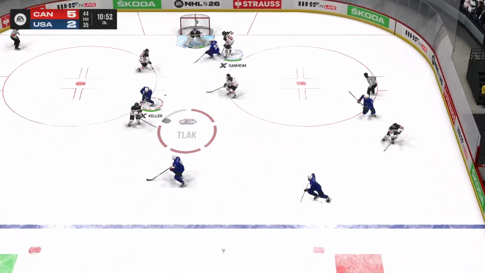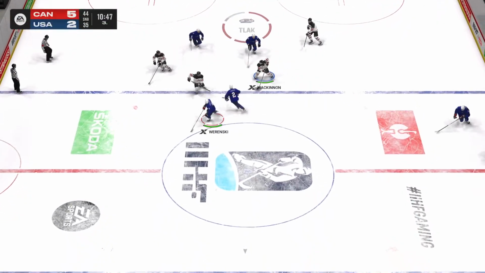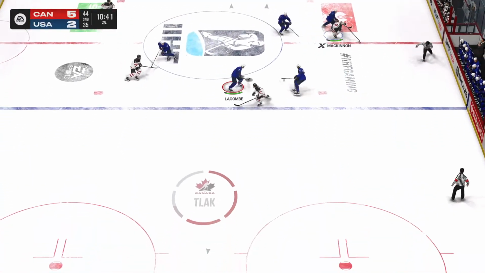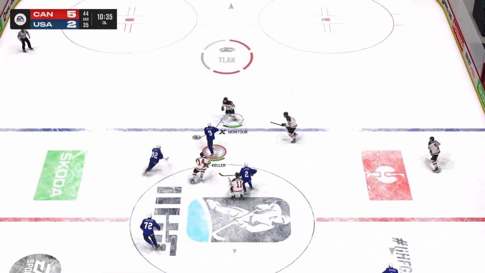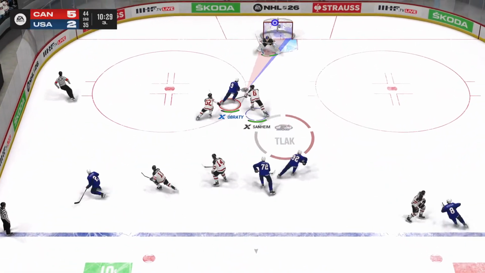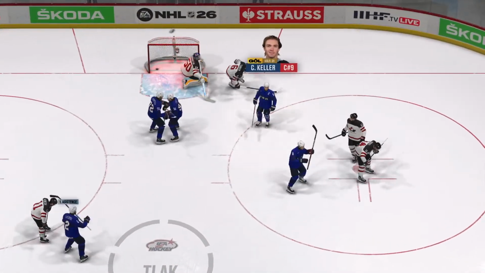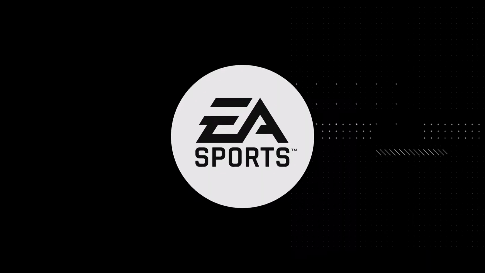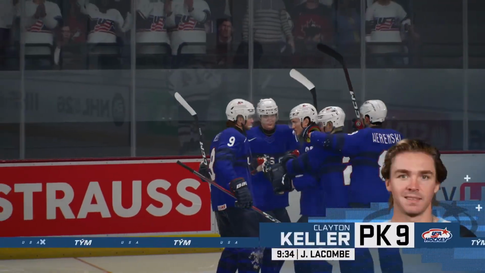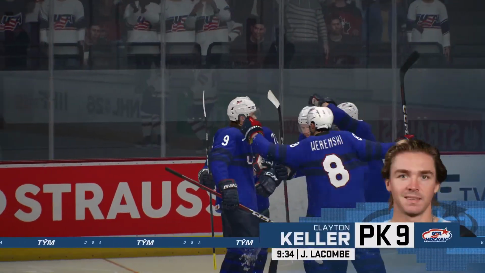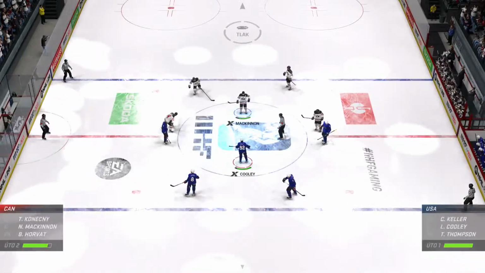McKinnon's won the draw in his own end. Now let's see if they can clear it. Team USA's got possession at center. Oh, and some smooth skating to lose a defender there. I have no idea, James. Not even sure how he got to that point. I mean, that's a last-ditch effort. That is fierce competitor written all over him to be able to make